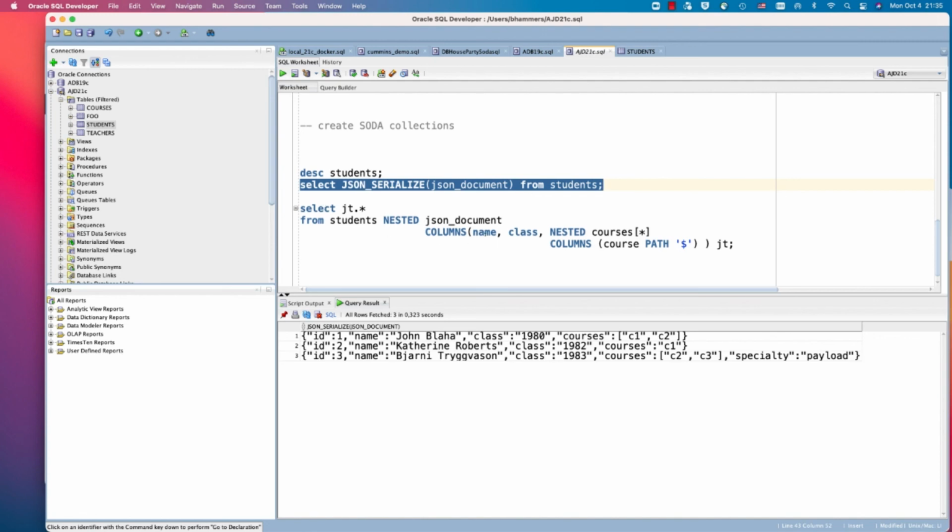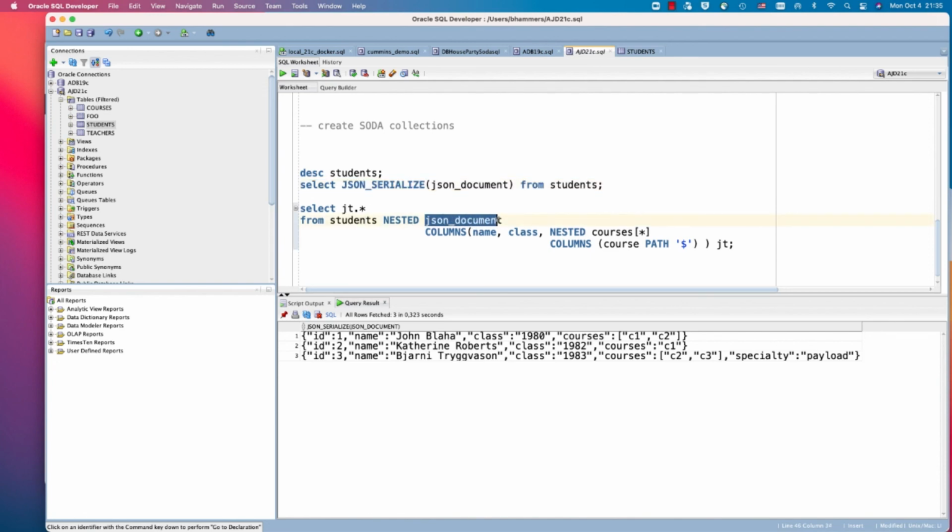So what we see here is, for example, that a student takes one or multiple courses, and we can unnest these courses, basically project them out as relational rows using this nested clause. So what I'm doing here, I'm selecting from my students table.